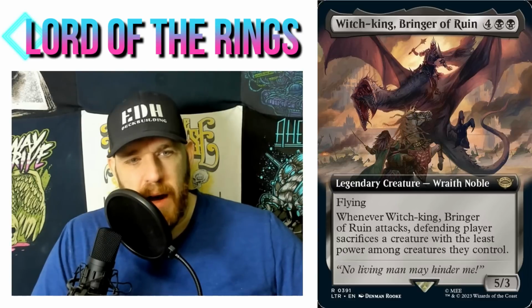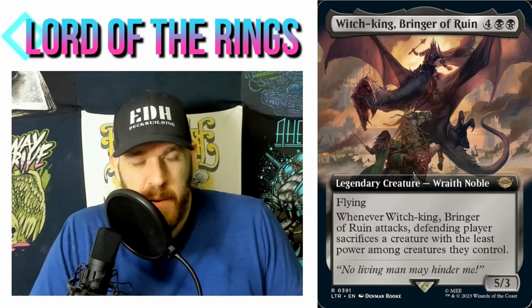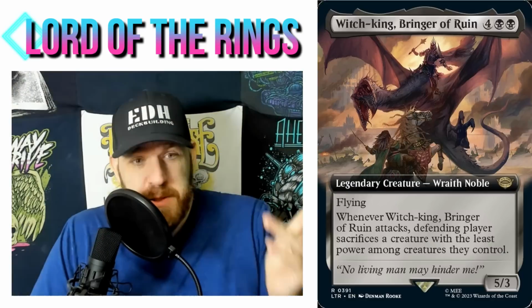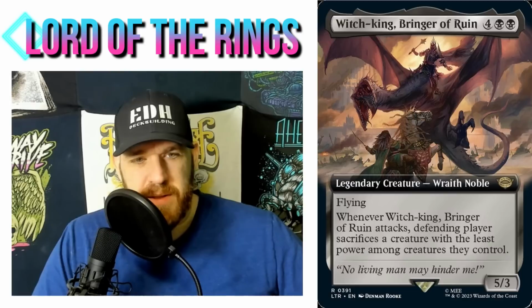That's really bad. I guess they don't get to choose because it has to be the creature with the least power. Obviously, if it was the creature with the greatest power, that'd be much better because they'd have to sacrifice their Avacyn or whatever. But this is...